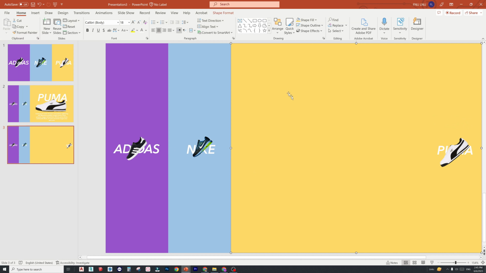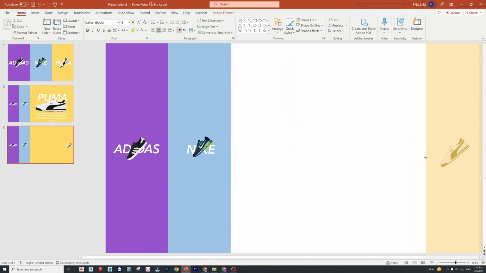like this shape, hold shift and drag it like this. Make sure it is equal to the size of the second shape.